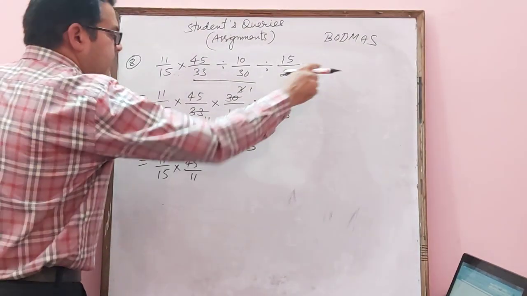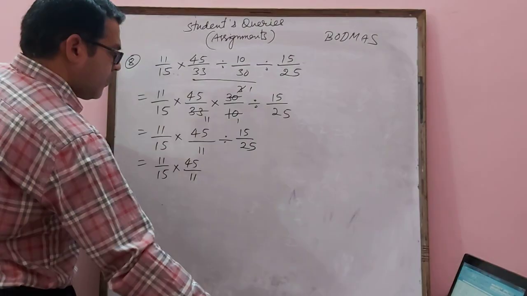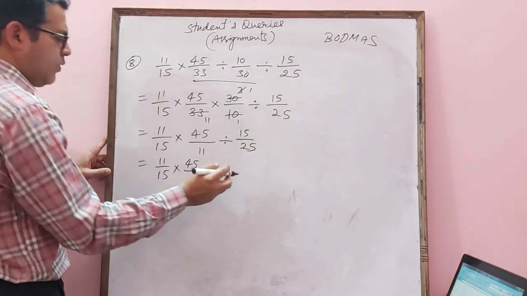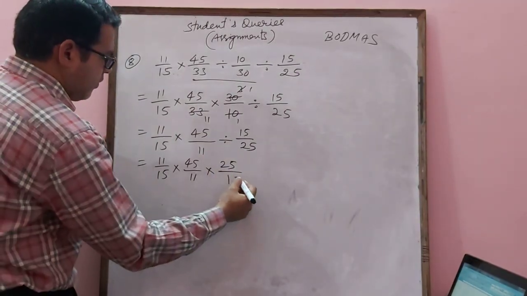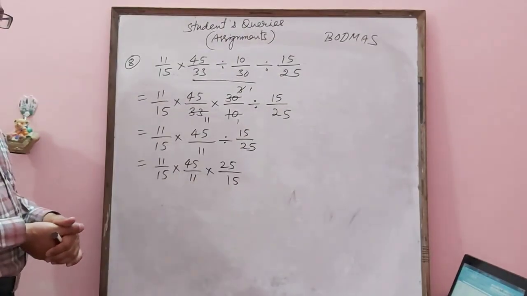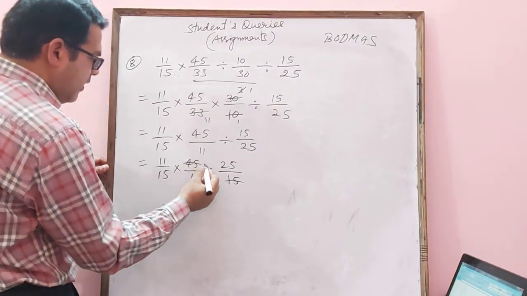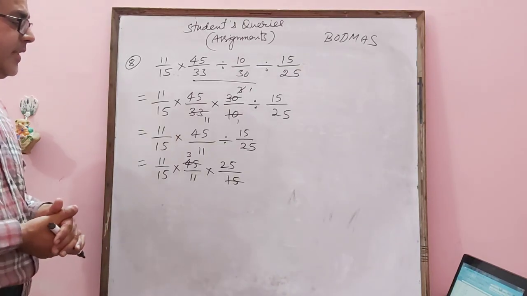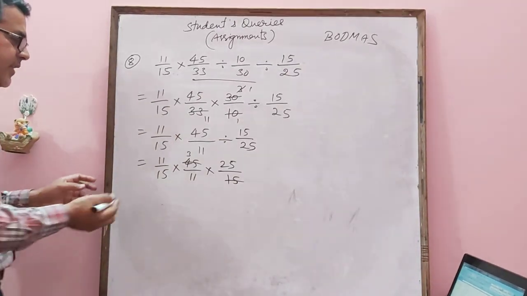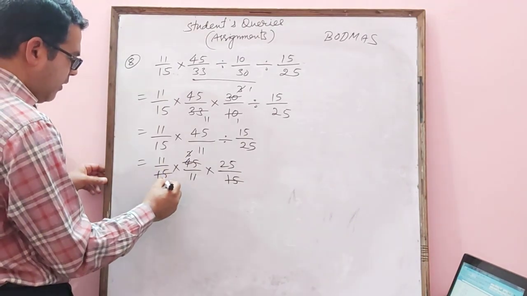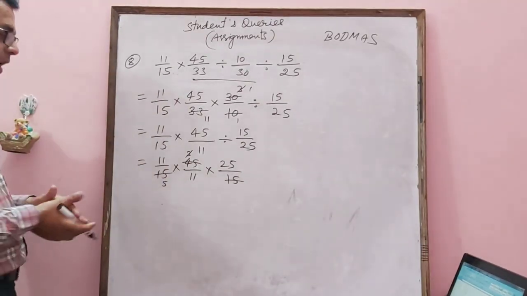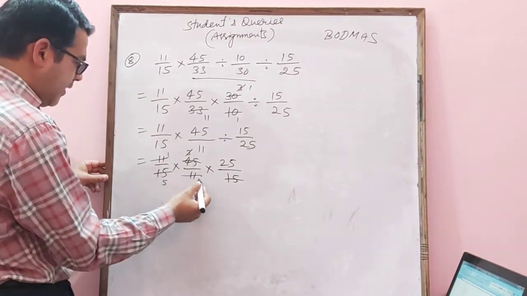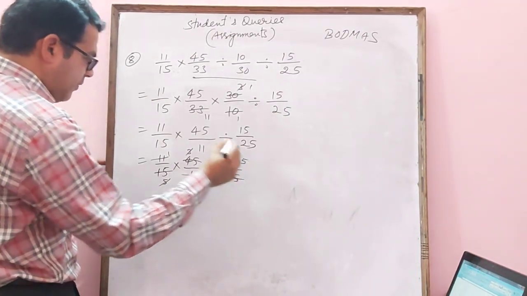Now we have to go with another division here. So we can write it. We have to convert it into multiplication after taking the reciprocal. We can do like this. Now you can see, by 15, 3 times 45 is divisible. In the table of 15, 3 times 15, 3 fifteens are 45. And this 3, we can cut this 15 also by 5 times. And this 11, we can cut this 11 also. And this 5, we can cut 25 5 times.